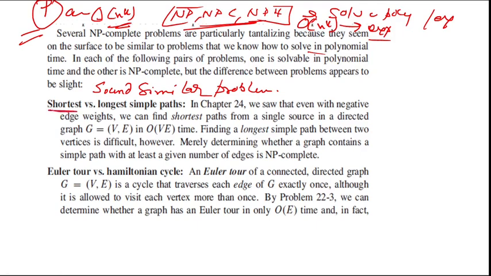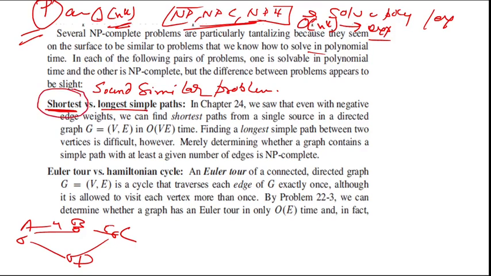Example, finding the shortest path. Let's say I give you a graph and ask you to find the shortest path from A, B, C, D, with some weights. You will be able to find the shortest path. But when I ask for the longest path, things change. Writing an algorithm for shortest path could happen in O(n to the power k), but for longest path this may not happen. Shortest path and longest path both sound similar, but one problem is solvable, and the other is very hard. So, sound-similar problems.